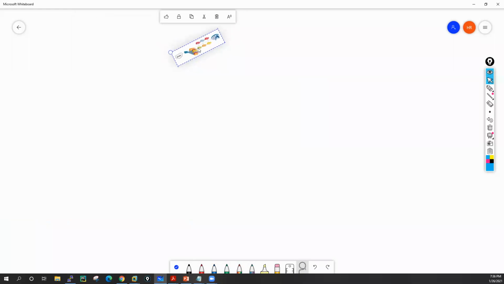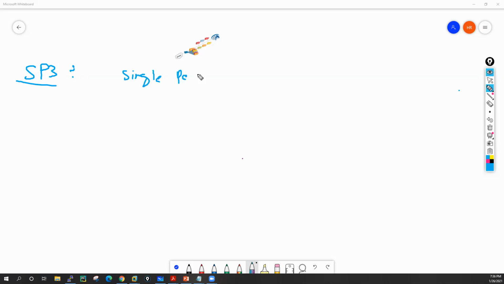SP3 stands for single pass software and parallel processing hardware.